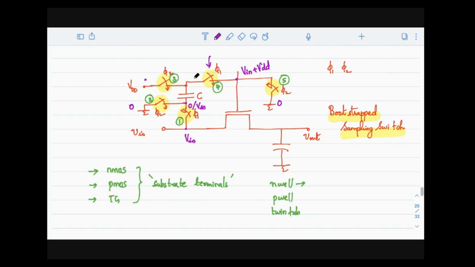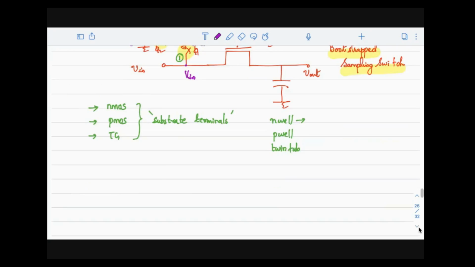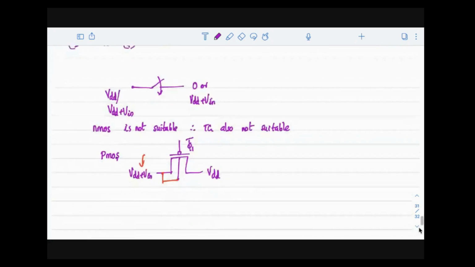That is the options. That is the possibility, right? Because this node, what I have on the right side, it can either take VDD itself whenever this part is off, or it can actually take VDD plus Vin. So if I write the voltages on either sides of this switch, one will become VDD plus Vin, and on this side what I have is VDD, and on the other side what I have is VDD plus Vin, or it can be VDD also.